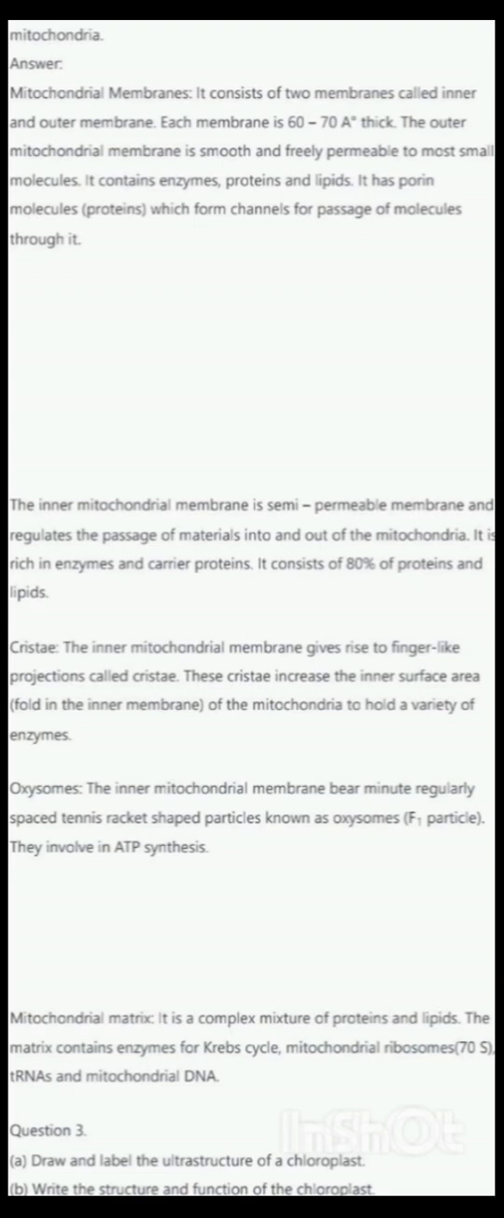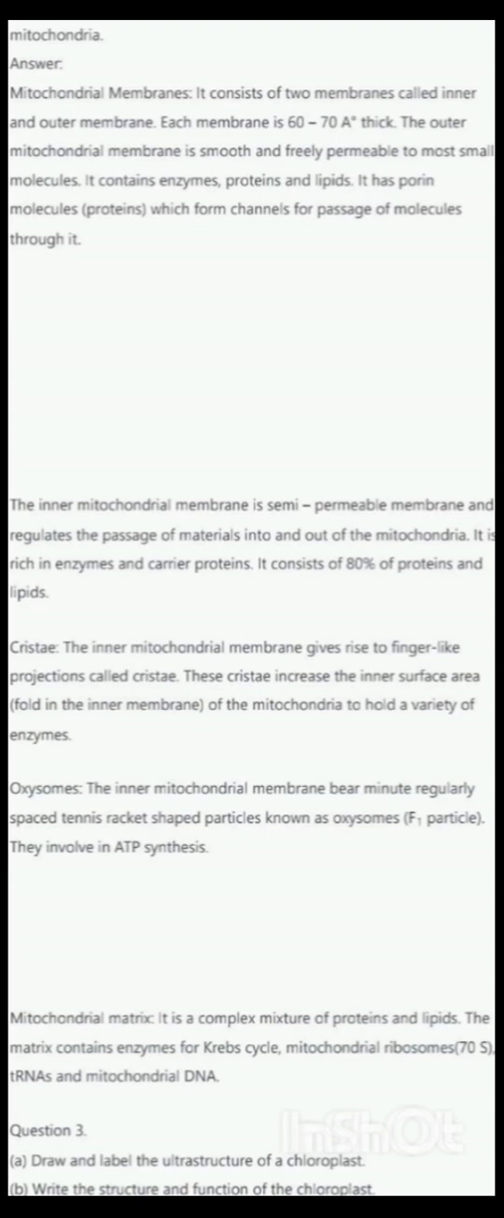The inner mitochondrial membrane is a semi-permeable membrane and regulates the passage of materials into and out of the mitochondria. It is rich in enzymes and carrier proteins. It consists of 80% proteins and lipids. Cristae: the inner mitochondrial membrane gives rise to finger-like projections called cristae. These cristae increase the inner surface area, folding the inner membrane of the mitochondria, to hold a variety of